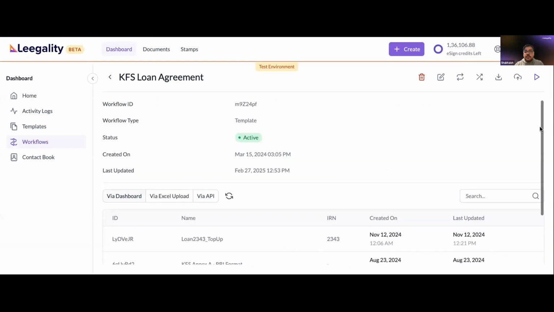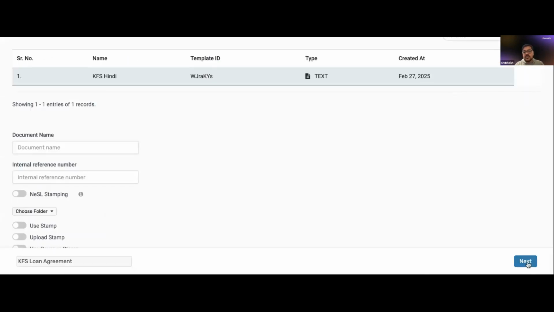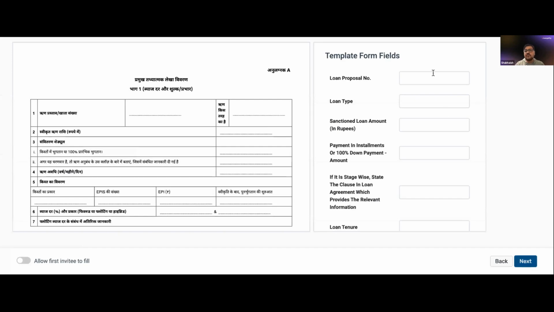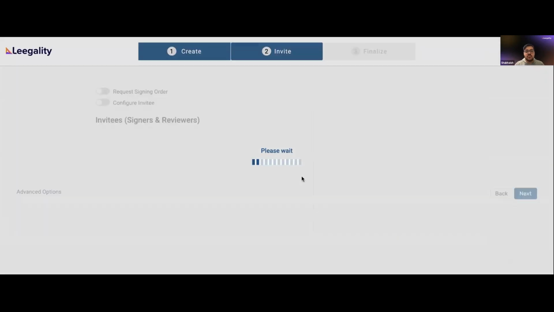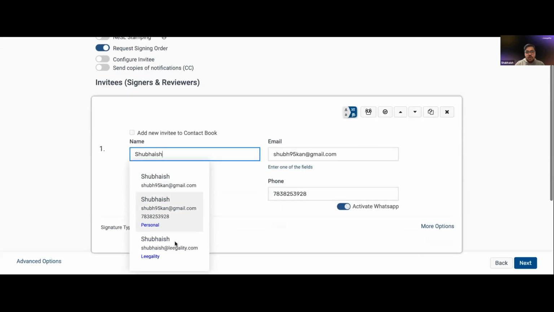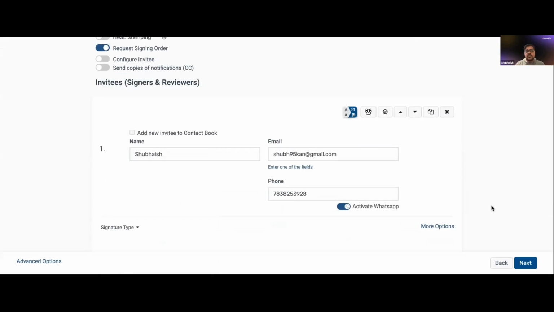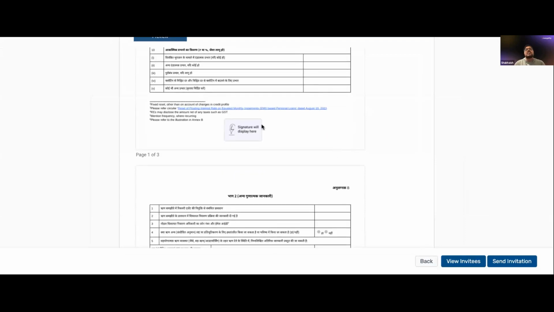My workflow is done. Specific page, if you want to change it, you can just move it for that specific page. Yeah. So I'll just run this very quickly to show you the changes that we made reflecting in the live one. I'm not filling any data, just to quickly show this. The feature that you see right now, it automatically filling, is our contact book. So you can just save contacts in the Legality dashboard itself, so you don't have to manually fill it over and over again. So this is the final document. If you see, the signature will display here.